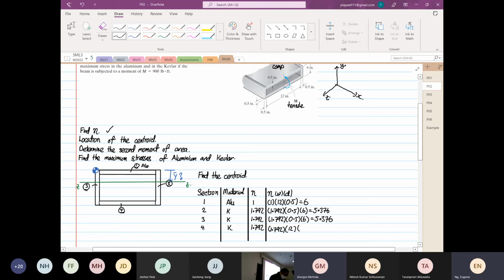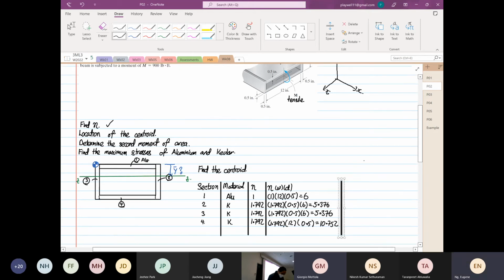The depth is 0.5. So 1.792 times 12 times 0.5 is 10.752. Yep, 10.752. Then after that, we determine our